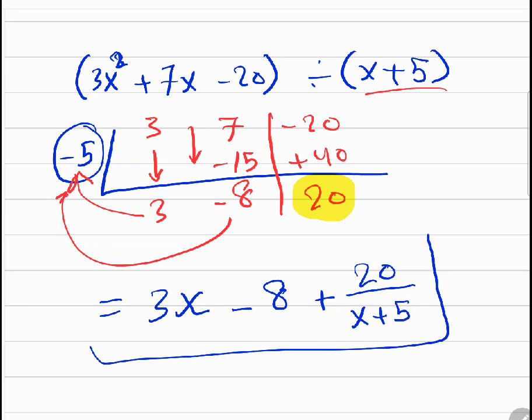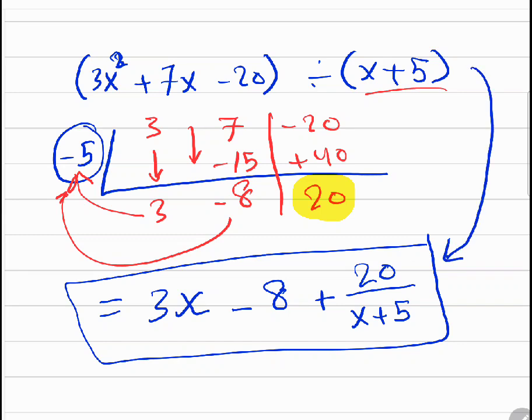So 3x squared plus 7x minus 20 divided by x plus 5 is equal to this expression, 3x minus 8 plus 20 divided by x plus 5. So that's what you need to do if you don't have a remainder of 0. You need to add r divided by whatever you try to divide it by,